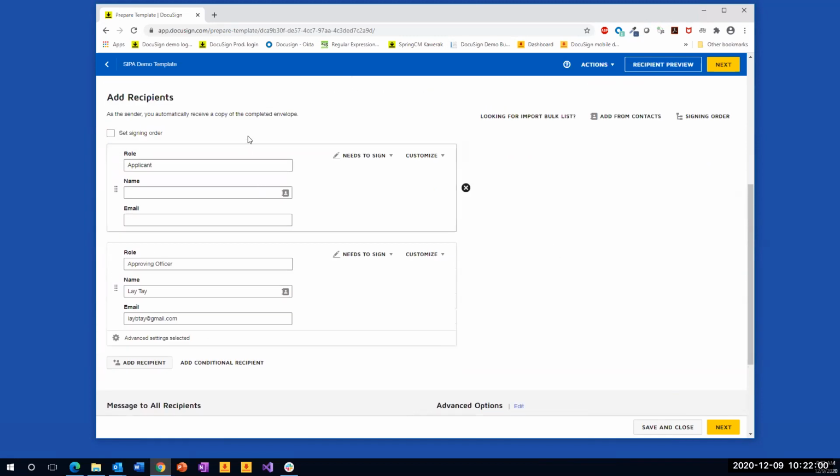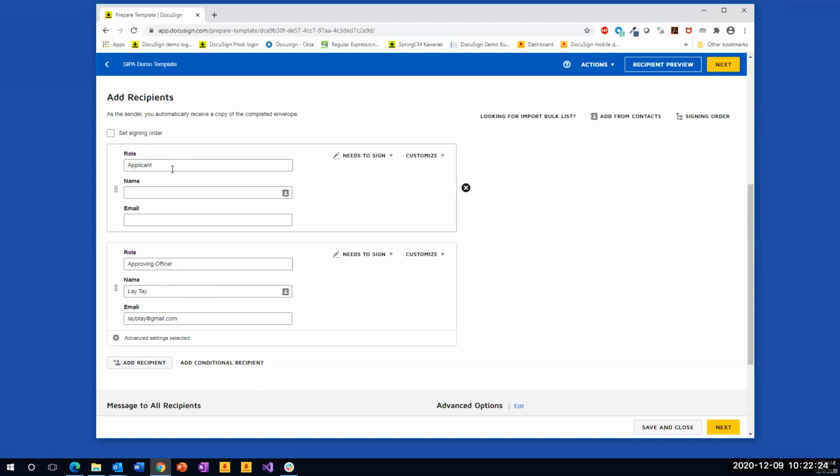Now, on the electronic platform, the sequence of delivery is flexible, right? Because you are no longer tied to a physical piece of paper, we allow you to do what we call concurrent delivery, which is what you see on the screen right now. This is a concurrent delivery, which is not very useful in this particular case because we want the applicant to fill in the form first, then it comes to me as the approving officer.